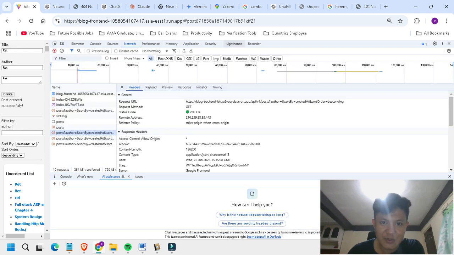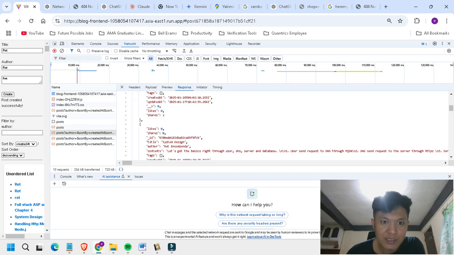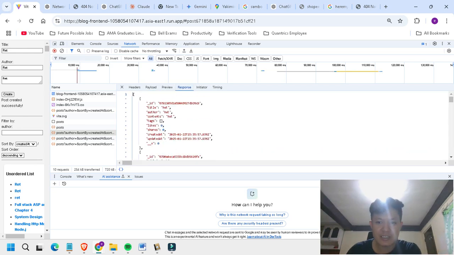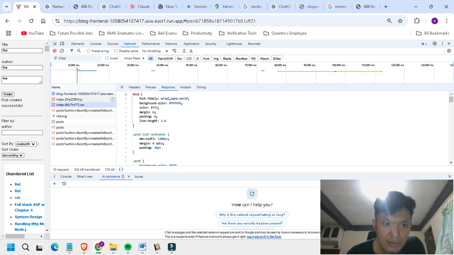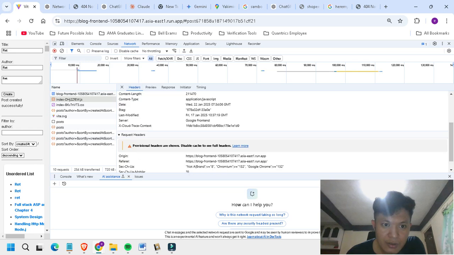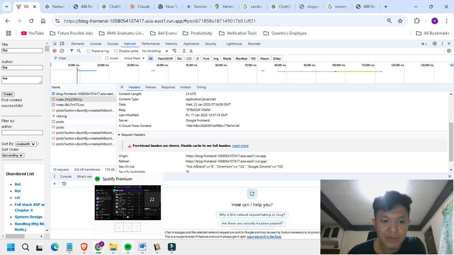So we can see that JSON here. Sorry, network, where is that? In response, guys. Here's an example, JSON format. Here, application slash JavaScript. So that's the returned MIME type.